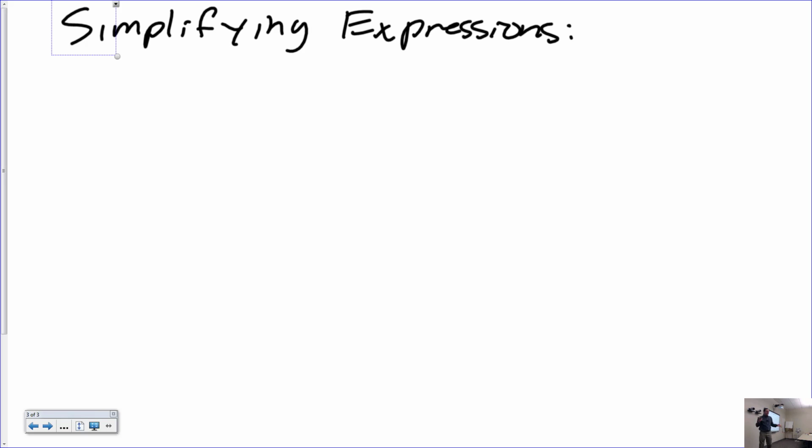One of the things that I will be telling you to do frequently as we are doing algebraic expressions and equations is to simplify things. This is different than solve, folks. Because we are simplifying expressions, we're not solving equations. When you deal with expressions, you don't solve, you simplify. So the idea is that